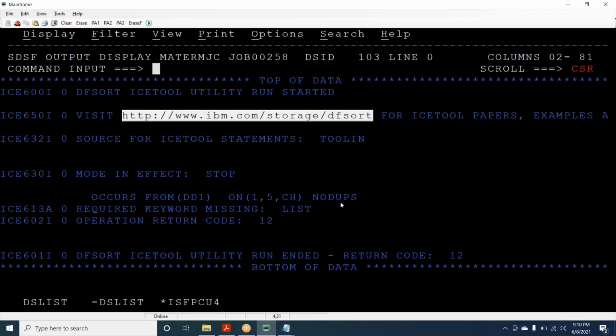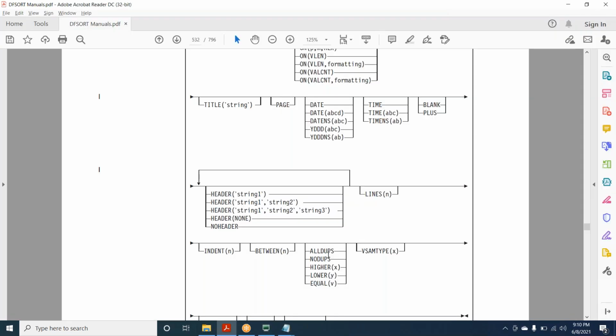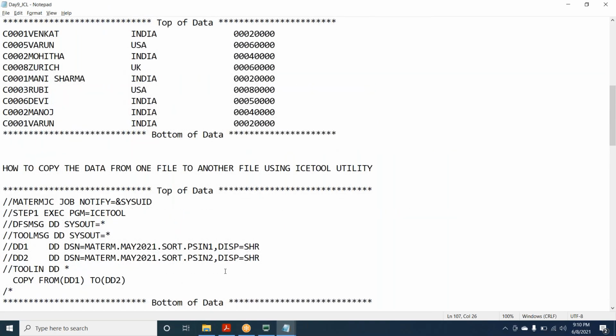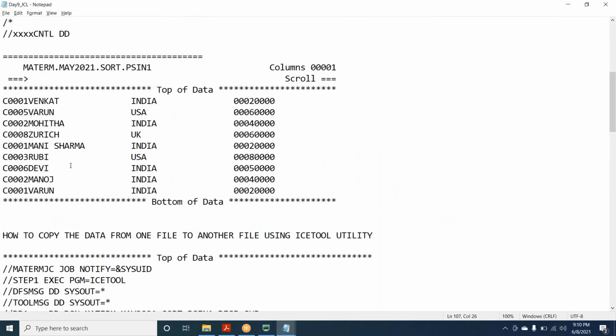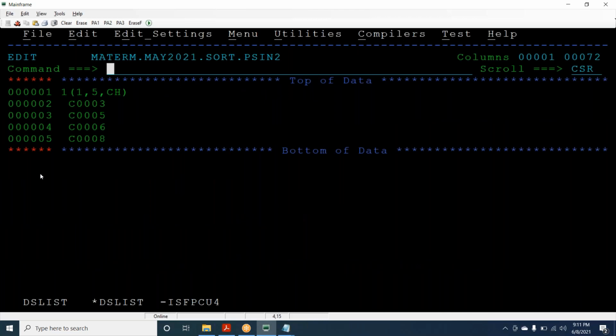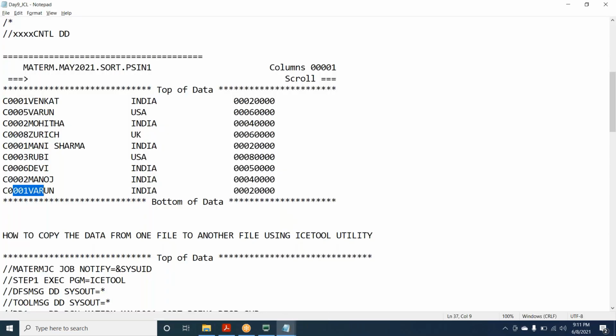Did I write NODUPS? NODUPS means the record which is not occurring more than once. It should occur only once. Only those records will be copied. If you see our input data, input data is going to play the key role. Team one is occurring more than once, here and here and here. If it is occurring more than once, including the first occurrence, it will not be copied. So one is missed because of that.